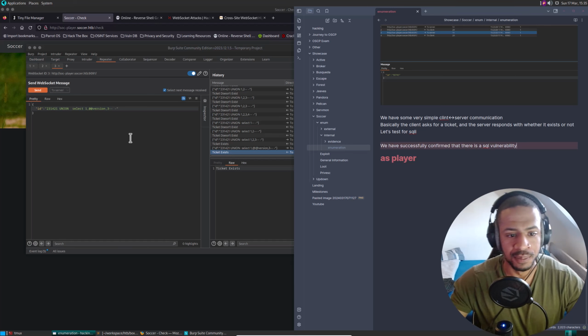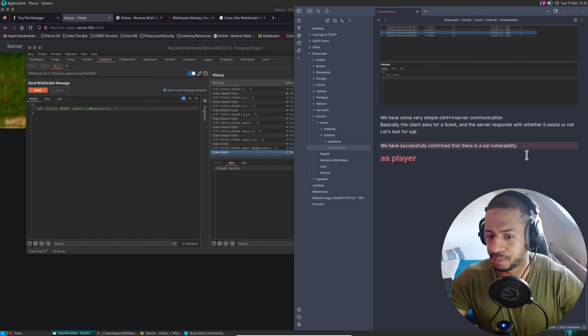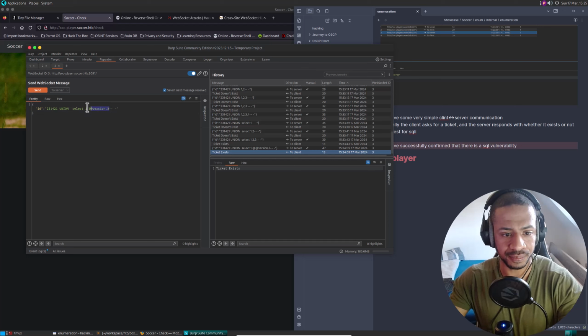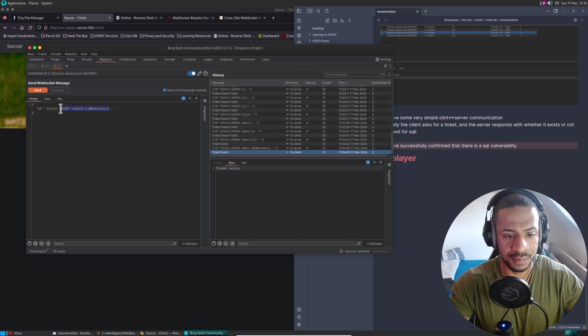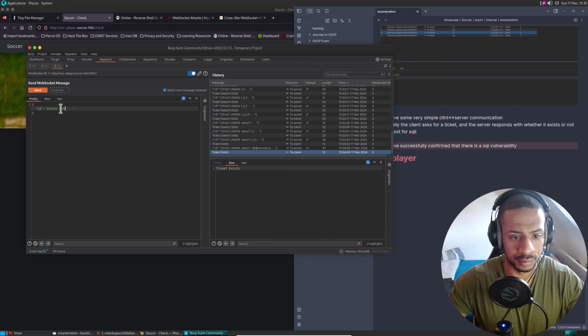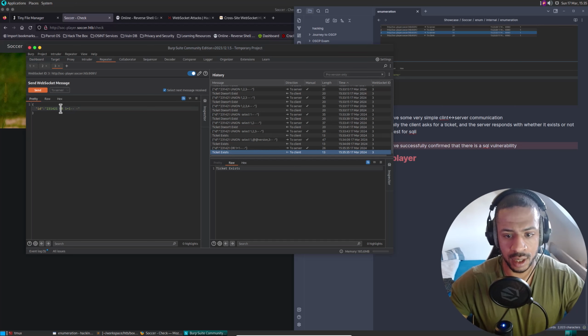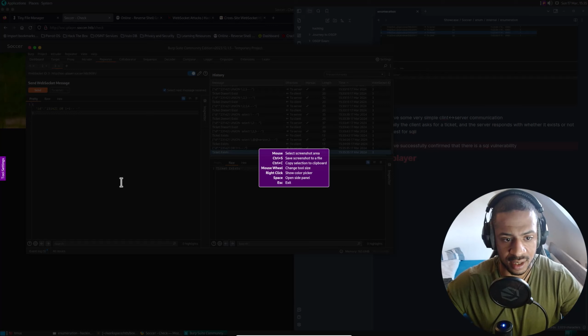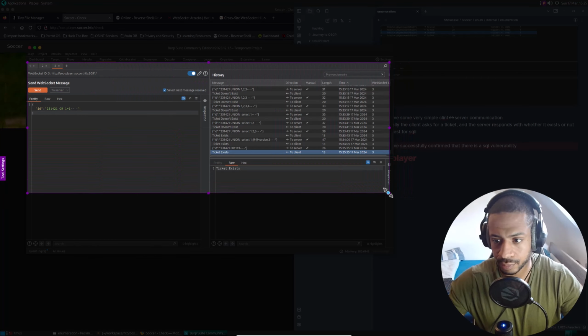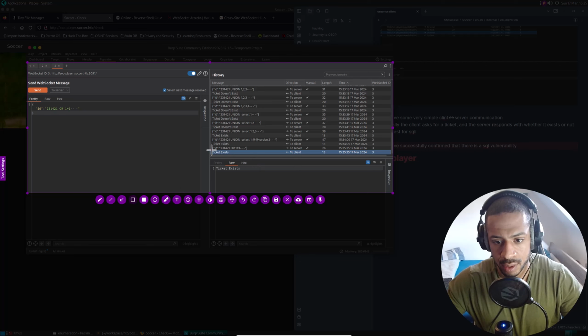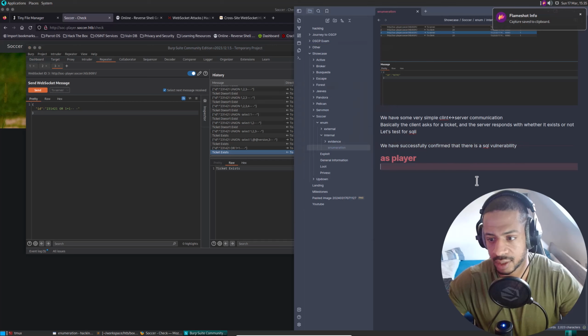Anyway, how have we confirmed this? By saying OR 1=1 and it telling me the ticket exists. So here, and then this one as well. Let's just highlight it like this.